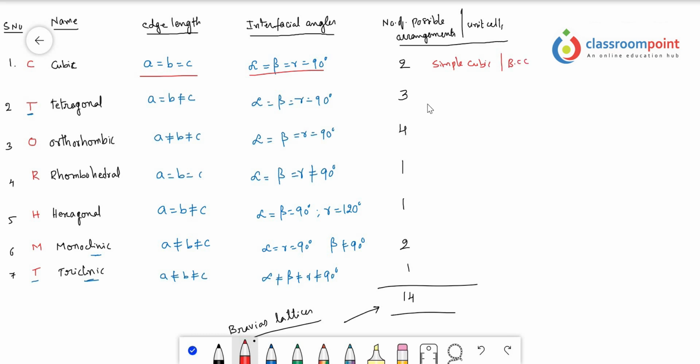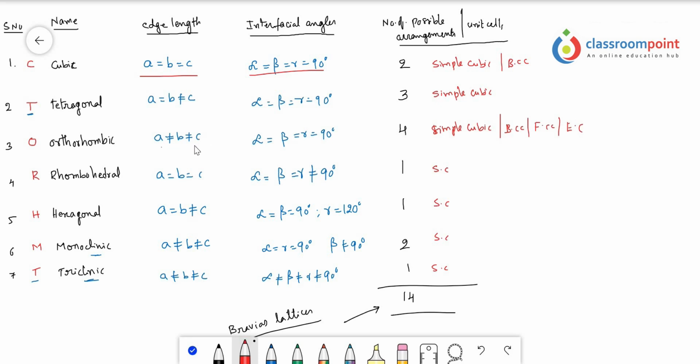And here 3 crystal systems are possible. They are simple cubic or primitive. It is possible in all. Simple cubic I am writing, you can call it a primitive unit cell. So simple cubic is always possible in all these crystal systems. Wherever 1 is there, only simple cubic is possible. Wherever 4 are there, simple cubic, BCC, FCC and end-centered unit cells, all these 4 unit cells are possible.